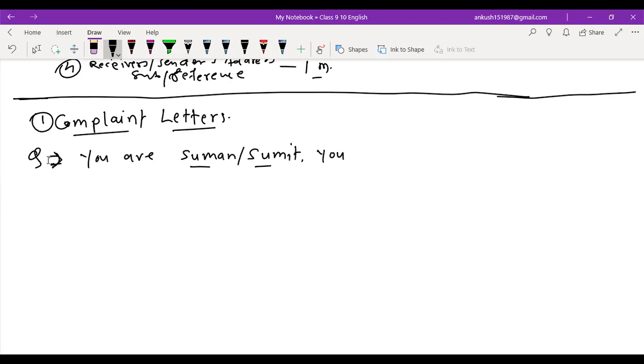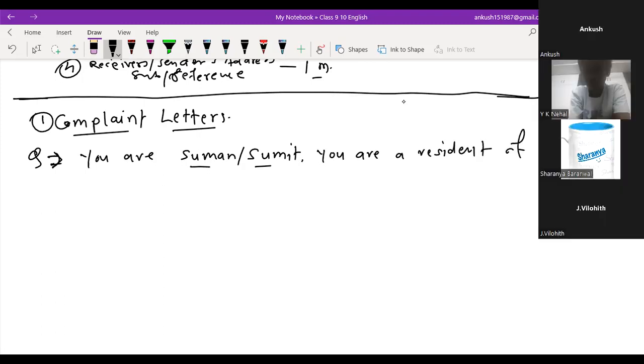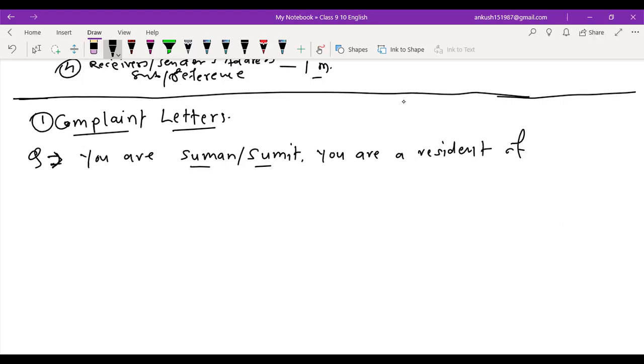Well, I'll take you in another example then. So you are Suman or Sumit, and you are a resident of, like, Amritsar, but these names do not suit this place, I think. Okay, don't worry, no issue. So what did you do? You have